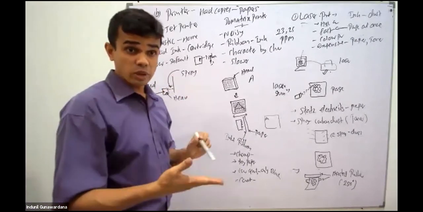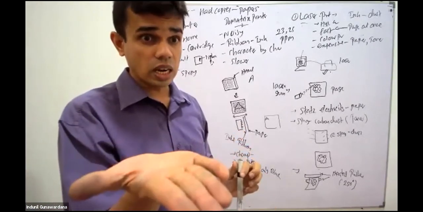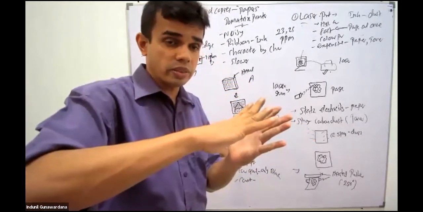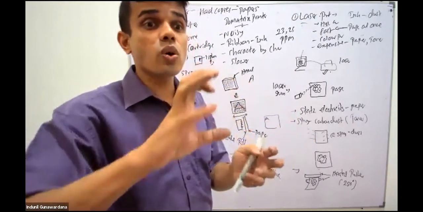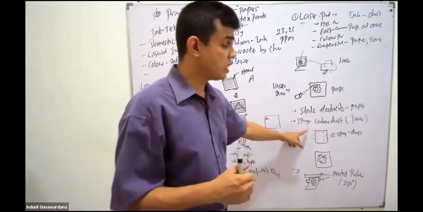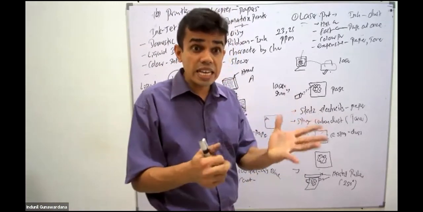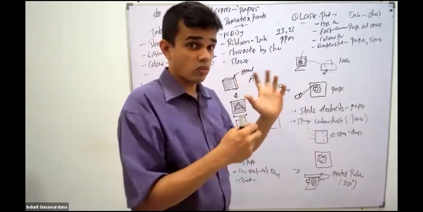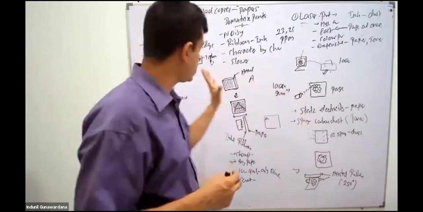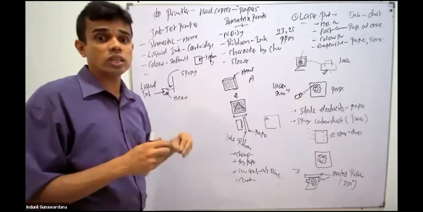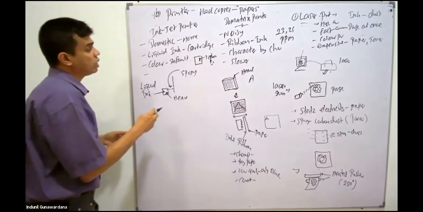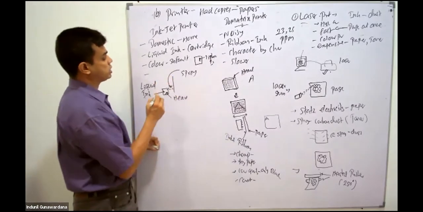Now, if you take the colored printout and spill some water on it, the ink will dissolve in water. In the laser case, it won't get dissolved. Why? They are heated and firmly attached onto the paper. But this is liquid ink, it will dissolve in water, blurring your image, blurring your output. That trouble is there in the inkjet printer.